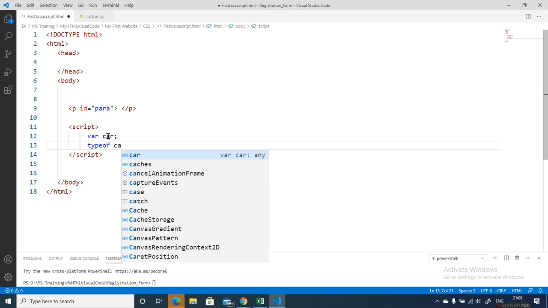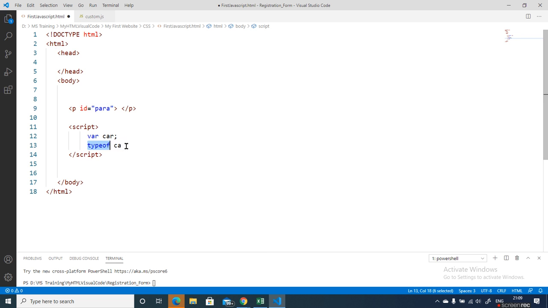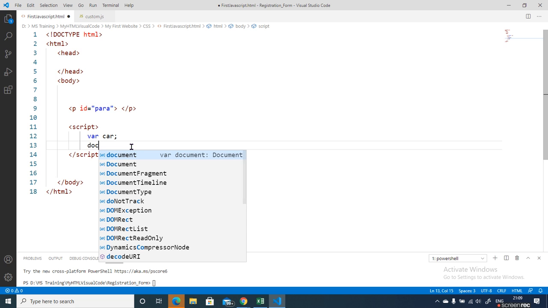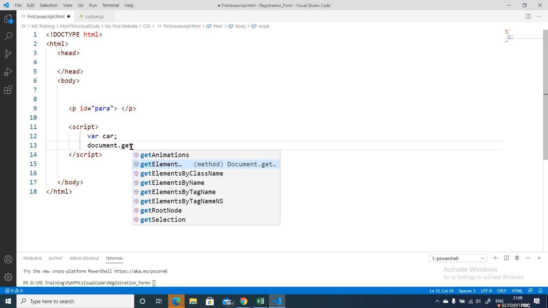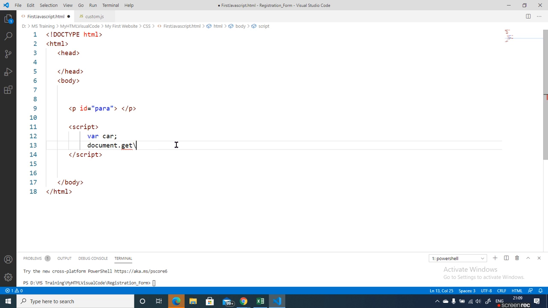To display the type of the car on the page, I'll say document.getElementById, and my id is para, this is the id of the paragraph. I'm going to set the innerHTML equal to